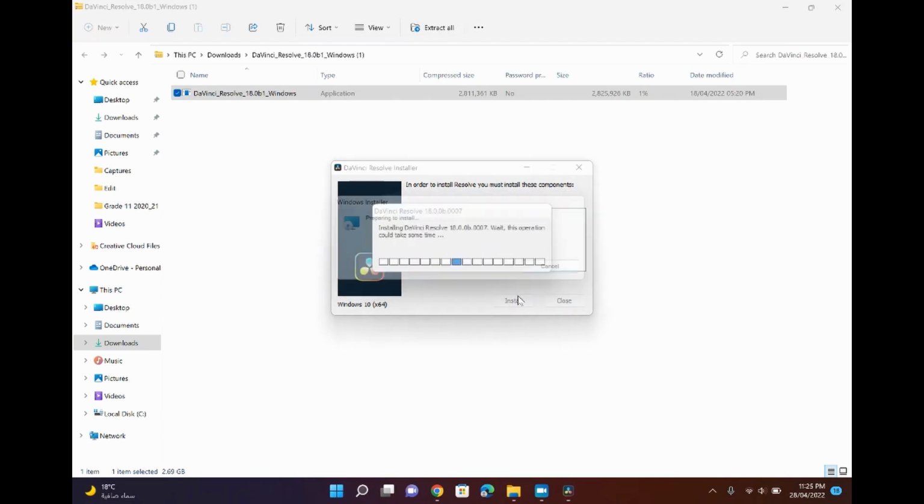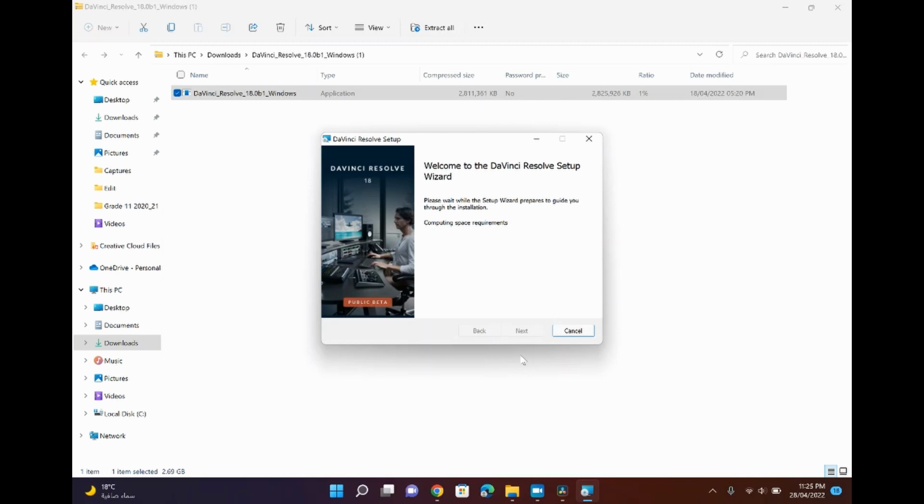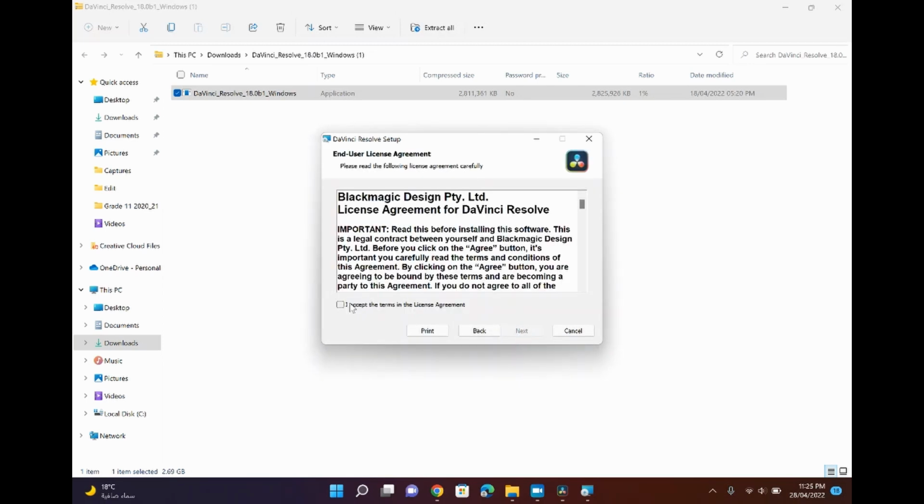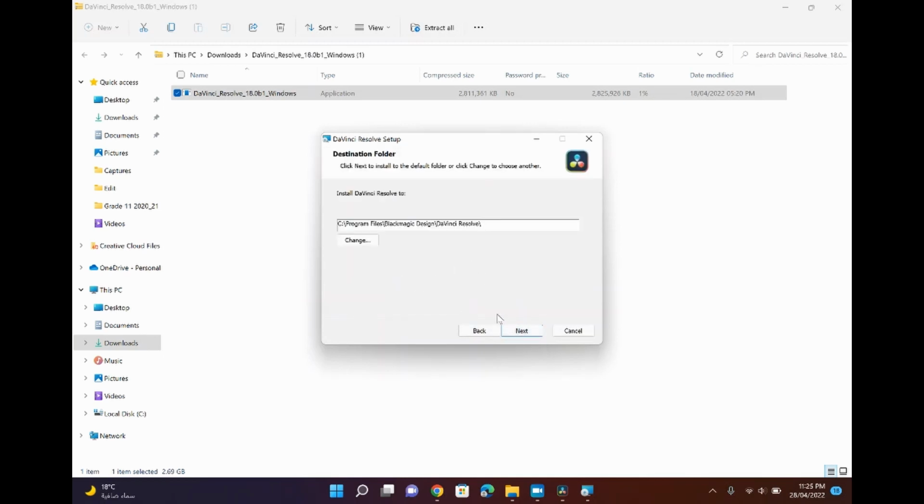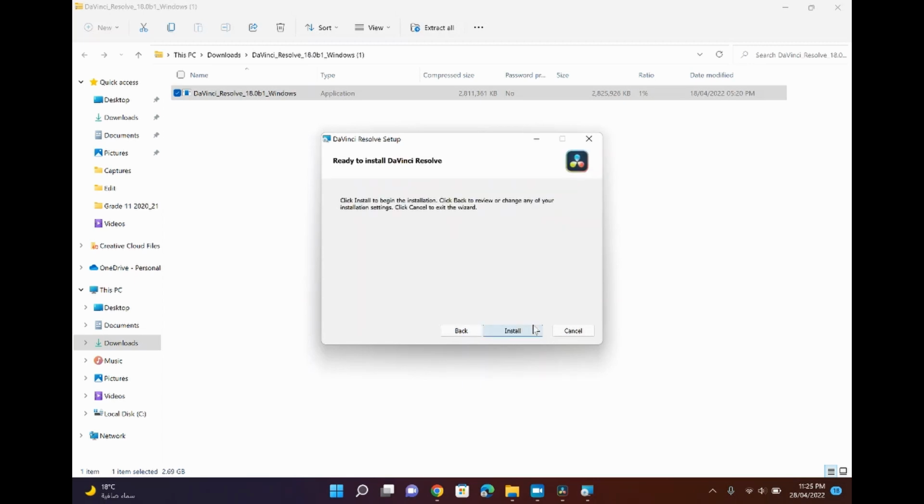and then it's just preparing to install, and there you go. Now it will take a few seconds or minutes maybe. Please wait while the setup wizard prepares you. Okay, there we go. Just a few seconds it took. Then I'll click next, and then I accept the terms in the license agreement, and then next. And then you can just leave it as it is, and then click next again. Then to install, just click install,